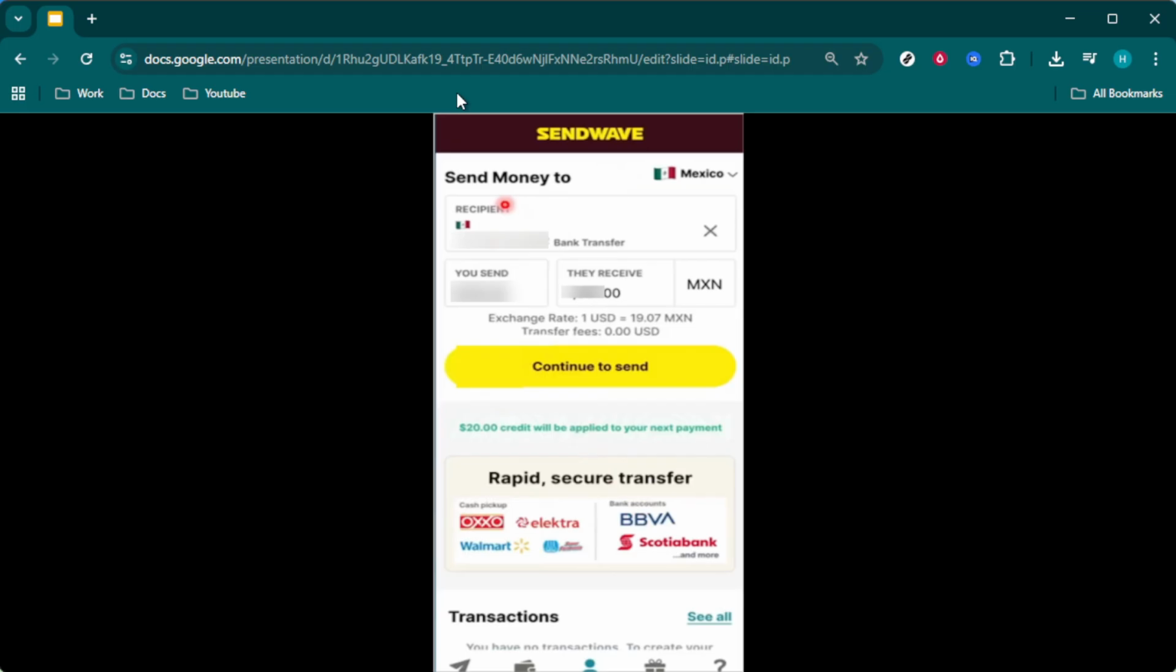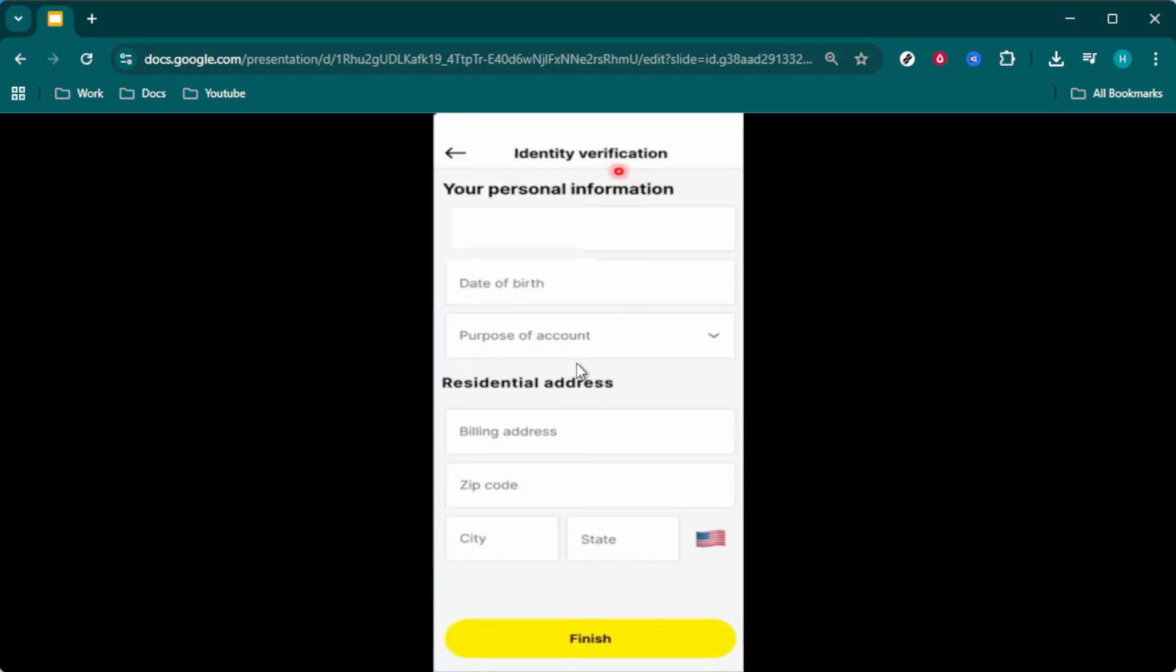First up, head over to the SendWave official website. Once you're there, you'll see an option labeled Continue to Send. Clicking this will lead you to the main interface where you can begin setting up your account. This initial step is all about getting yourself ready to make transactions smoothly, so be sure to follow along carefully